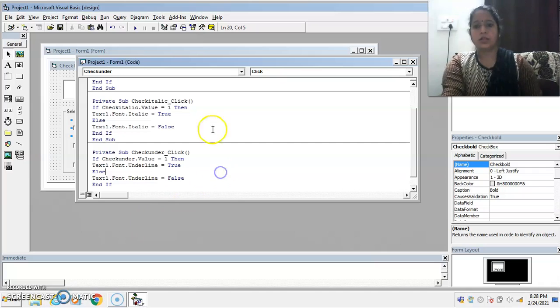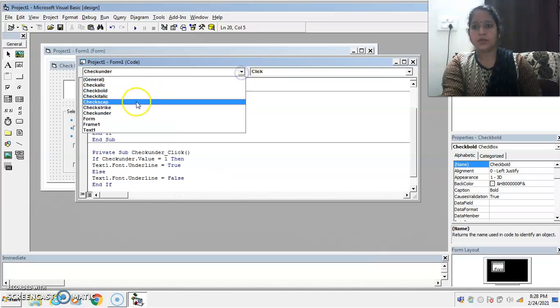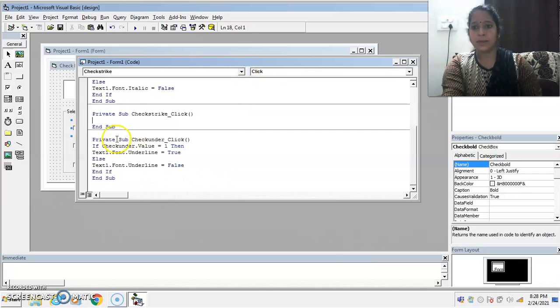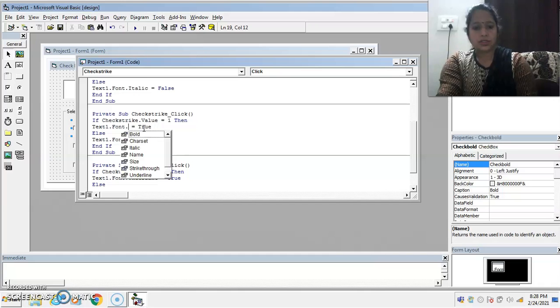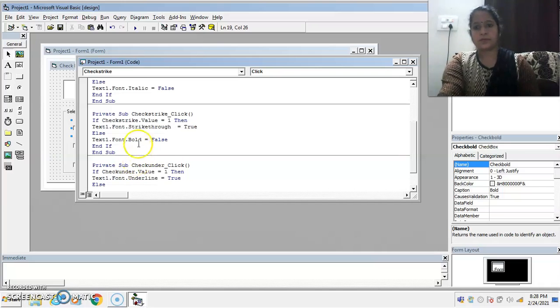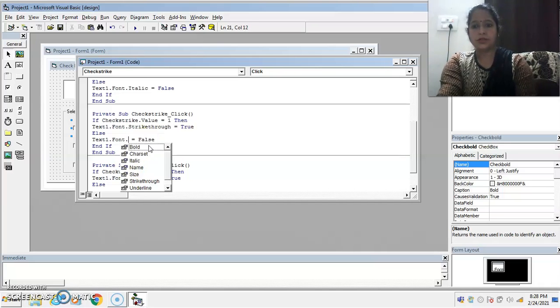Now write down the coding for strike through in the similar way. Check bold to check strike, dot strike through, dot strike through.